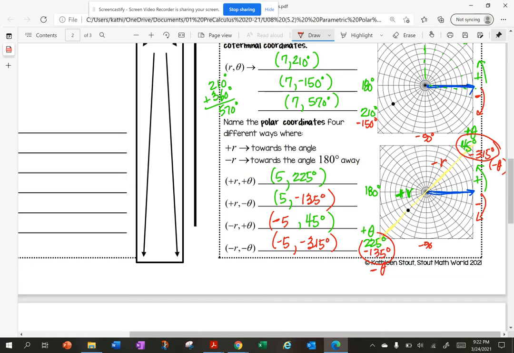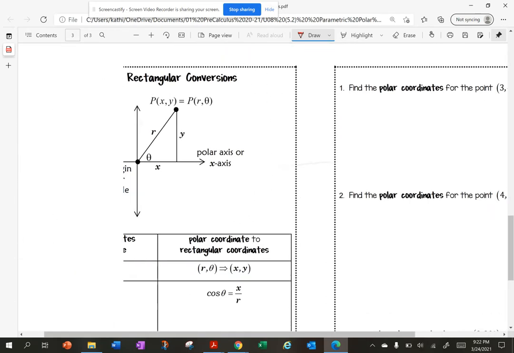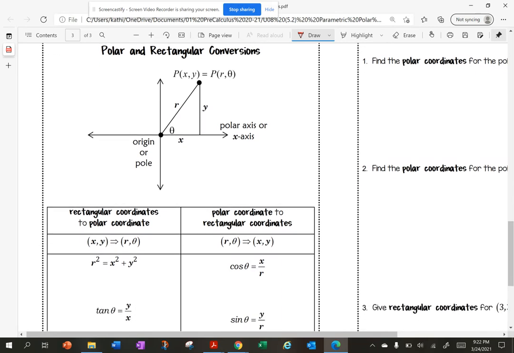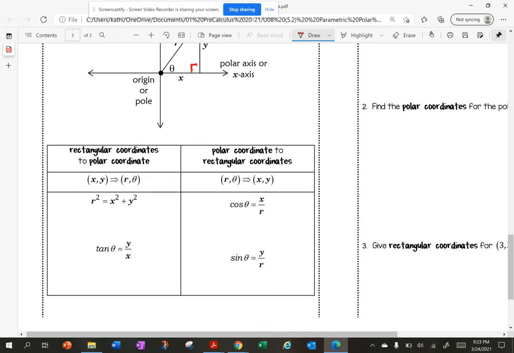All right. How do I switch back and forth between these two systems? So my point (x, y) corresponds to the point (r, θ) in my other system. So these two are related, and we've been really working with them all along. All right, so for my rectangular coordinates,